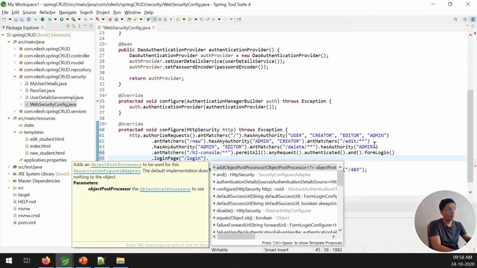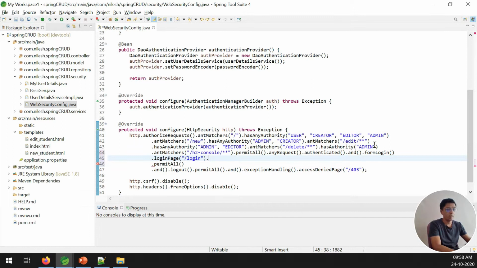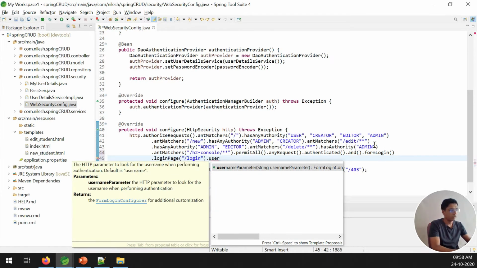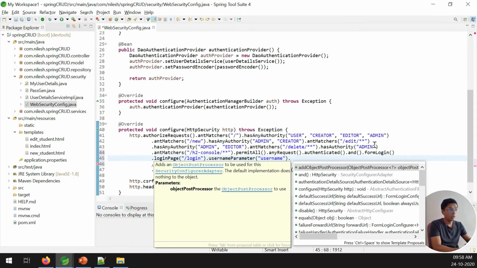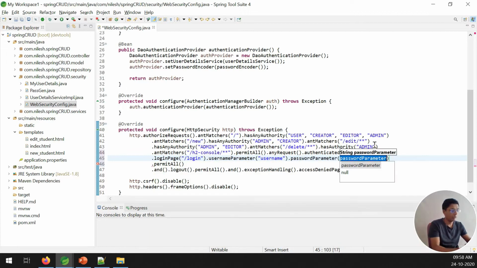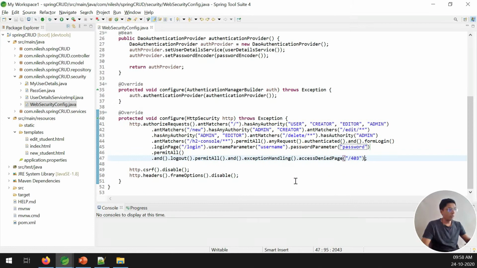For that, I want to put a username and password in my HTML page for the login purpose. So as the username parameter I want to add username, and for the password I want to put the HTML control having the name password, as the password parameter. So that's it in this WebSecurityConfig.java file.